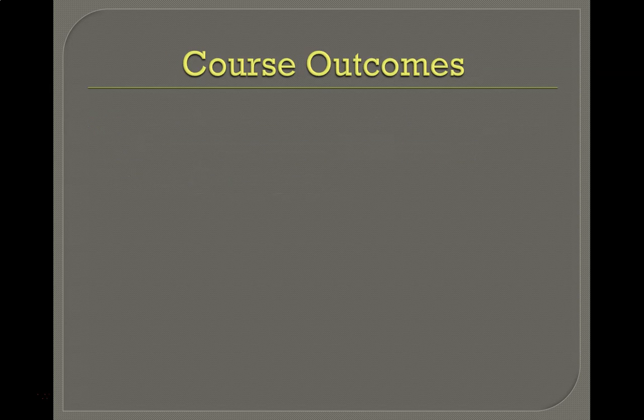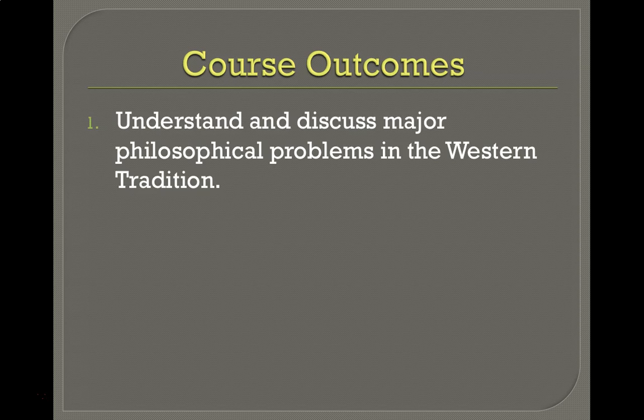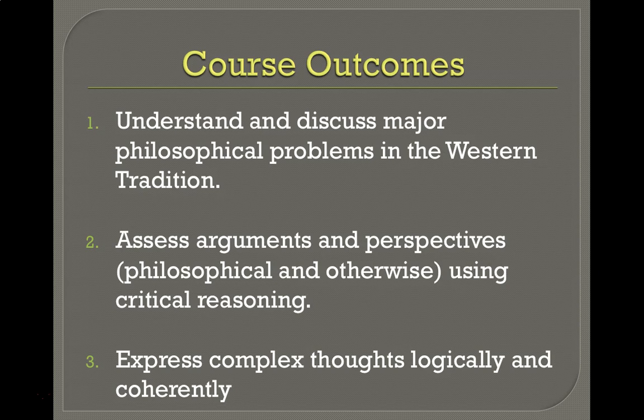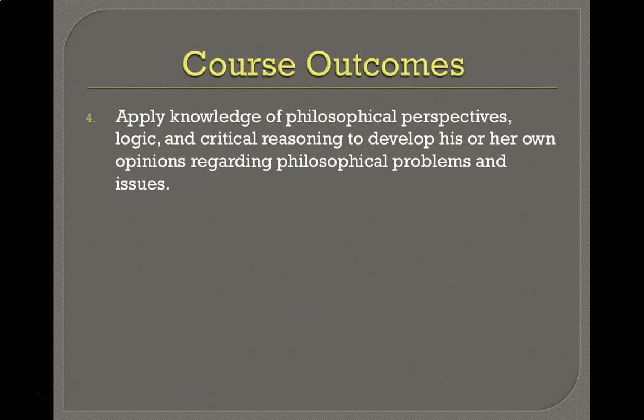Now, this course has 6 outcomes. The first is to understand and discuss major philosophical problems in the Western tradition. The second course outcome is to assess arguments and perspectives, philosophical and otherwise, using critical reasoning. The third outcome is to express complex thought logically and coherently. The fourth is to apply knowledge of philosophical perspectives, logic, and critical reasoning to develop students' own opinions regarding philosophical